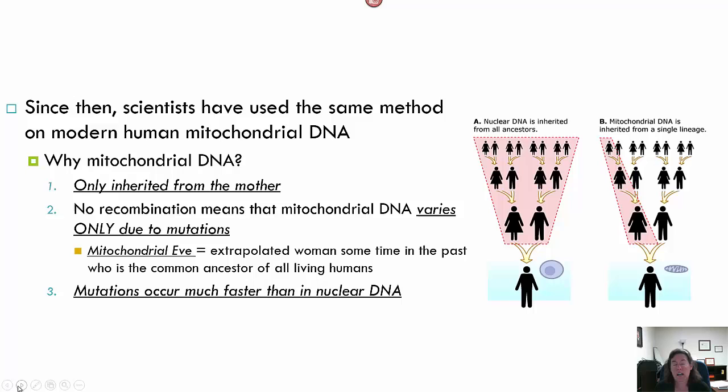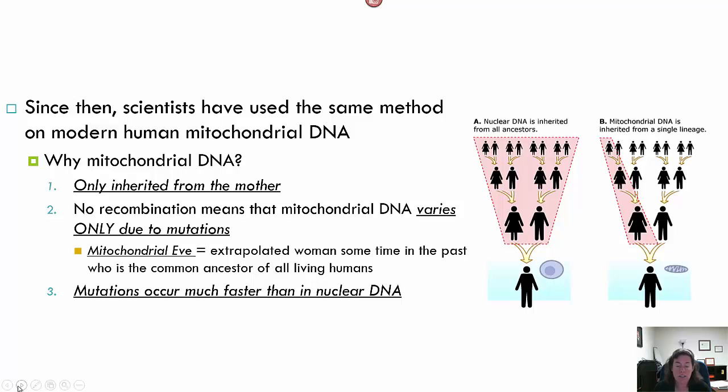So why were they using mitochondrial DNA? Well, first of all, mitochondrial DNA is only inherited from your mother. This means that the mitochondria of every living person is an exact copy, modified only by mutations, of the mitochondria of a single woman who lived sometime in the past. This woman is sometimes given the name Eve, but she's not Eve. She's not necessarily the first woman, but rather a woman from the population whose mitochondria happened to survive while the mitochondria of other women did not.